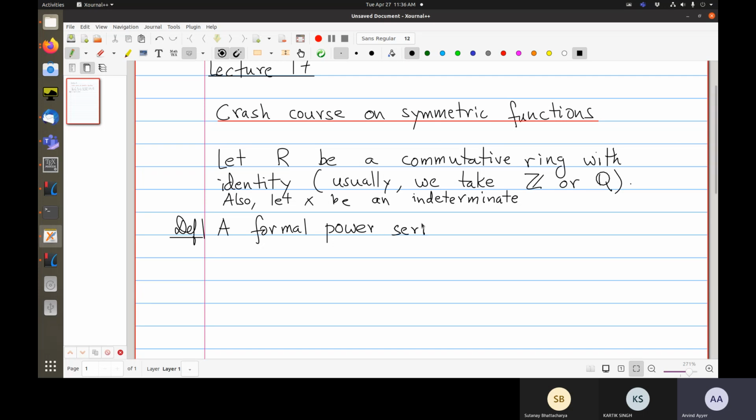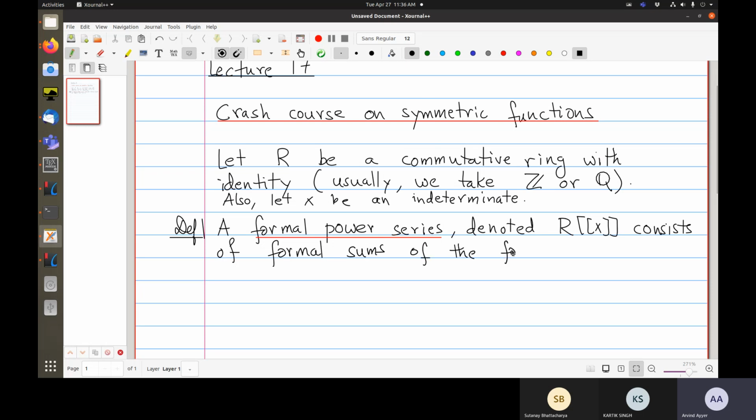So formal power series, denoted R double box X, consists of formal sums of the form